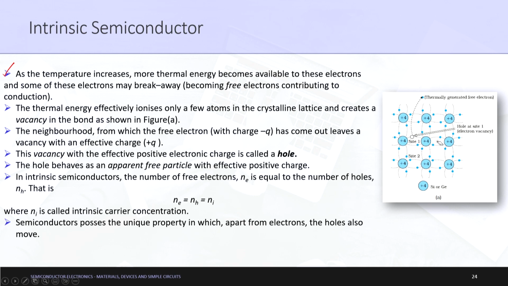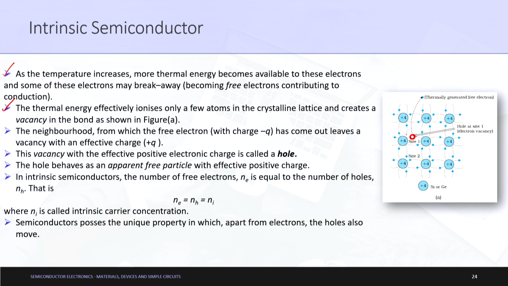Now the thermal energy effectively ionizes only a few atoms in the crystalline lattice and creates a vacancy in the bond as shown in figure A. So as you can see, because of the electron not residing here, there is a vacancy here. Vacancy as in there is a hole here. Vacancy as in there is a vacant space there, right? Okay. The neighborhood from which the free electron has come out leaves a vacancy with an effective charge plus q,